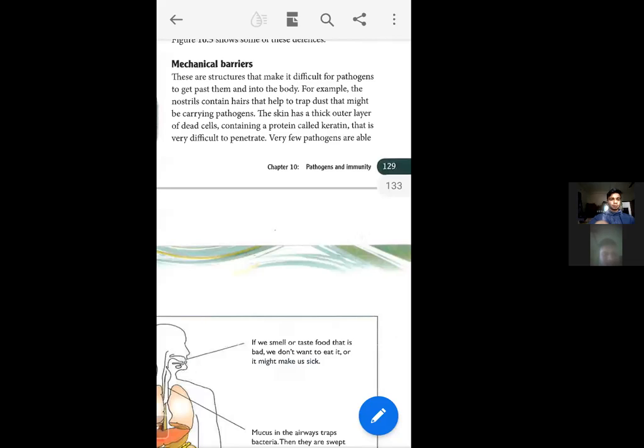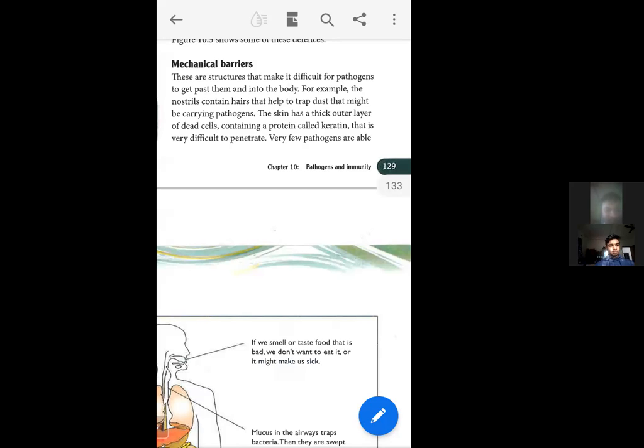So what does barrier mean? Barrier means anything that stops in our body. So here mechanical barrier means in our body what physical structures that we have in our body that stop the pathogen from entering our body. The first action that we can take is to stop the pathogen from entering our body, right? After that, even if we fail to do it and the pathogens enter our body, then we can kill it. But before killing it, we must stop it from entering our body. These are the mechanical barriers, the structures in our body that stop the pathogens from entering our body.